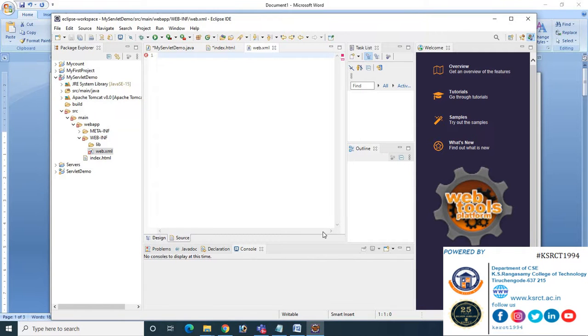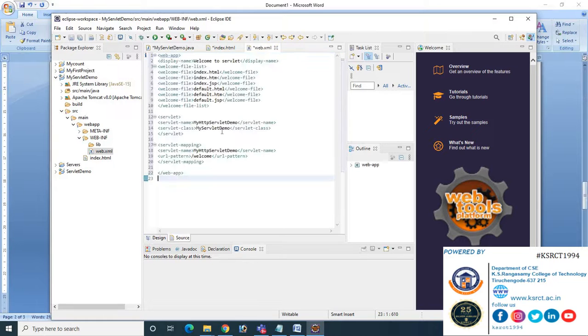I think now the XML file is created. Right, the XML file is created. So in the web.xml file, we have to write this code, that is web app. This is the source folder.